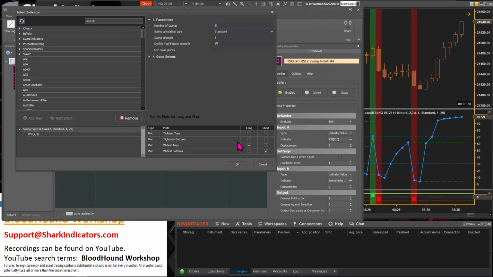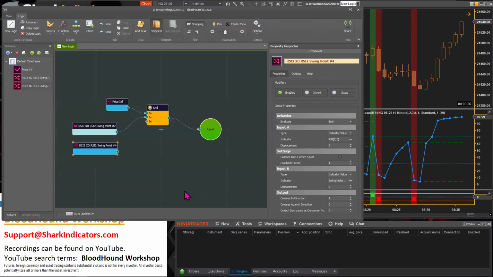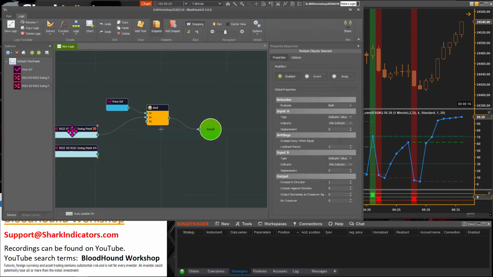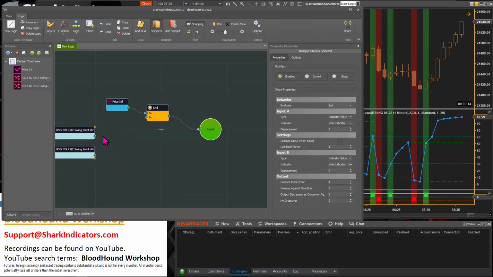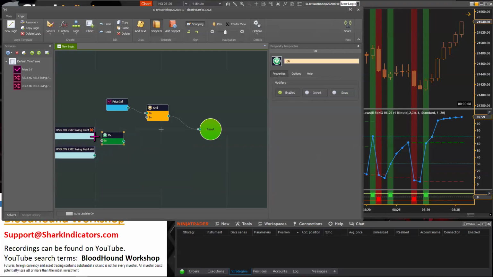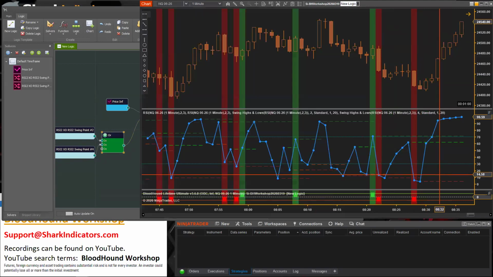We're still using the same plots. Call it good. There. And so now we need to take those two and combine them together with an OR node, like so, and connect that in. There.